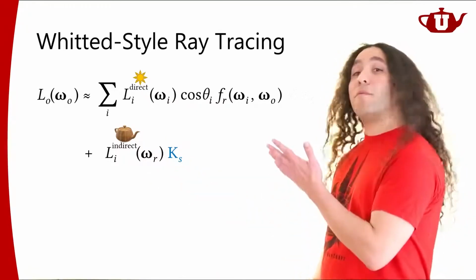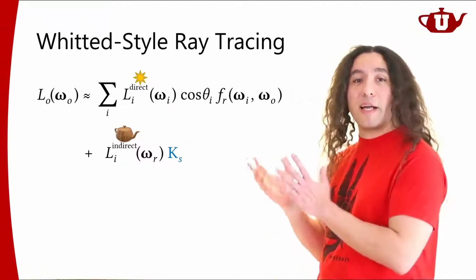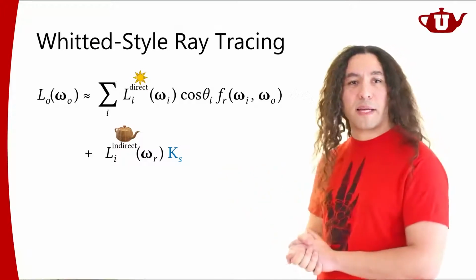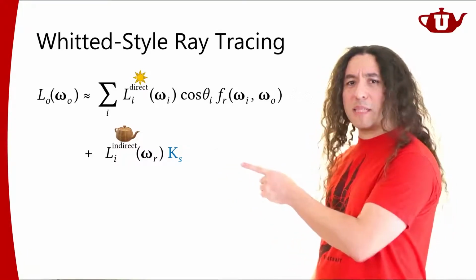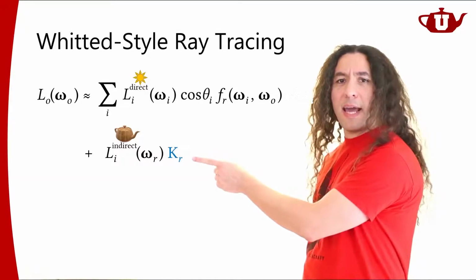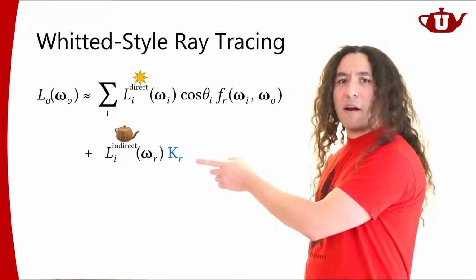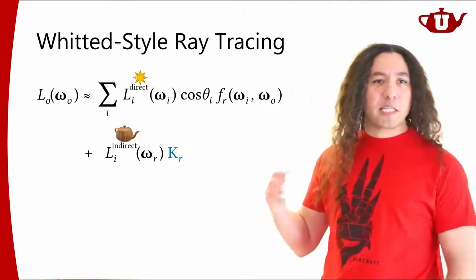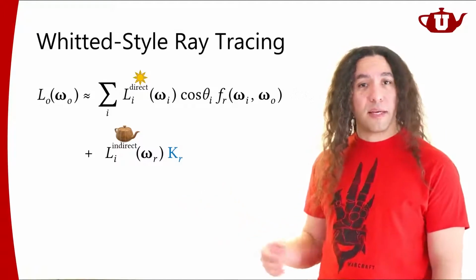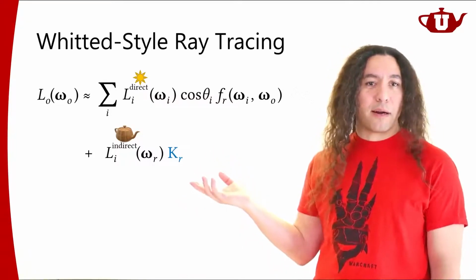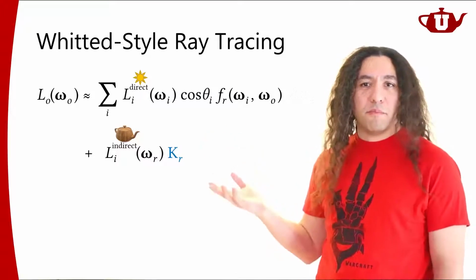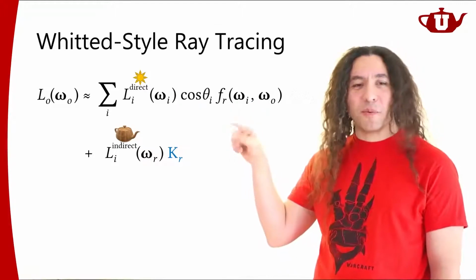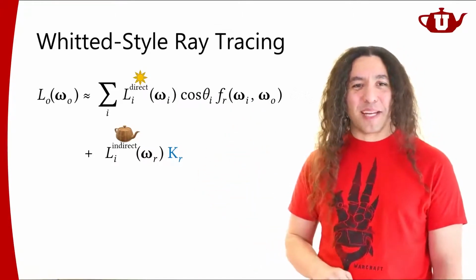That's what we said. So basically, we can think about this Whitted style ray tracing as a simplification of the BRDF when you're computing this indirect illumination term. And we didn't say KS, we called it KR. But I was saying if KR is not given to you, you should use KS because that's what makes sense. And from this explanation, I'm hoping that you have some understanding of why it makes sense to use KS instead of KR. It's supposed to be the same material, the same BRDF, except that we simplified that BRDF quite a bit.